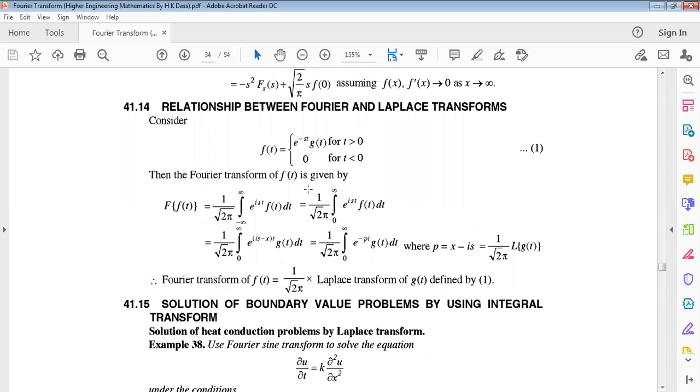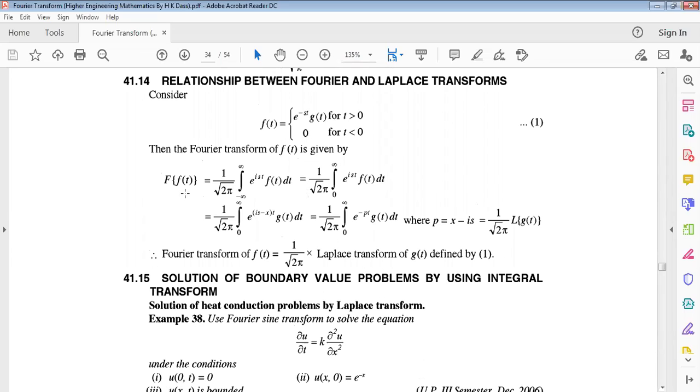Now there is a relationship between the Fourier transform and the Laplace transform. This is very important for you. Relation between Fourier transform and Laplace transform. Now consider f(t) = e to the power minus xt for t greater than 0. If t less than 0, then 0. Considering this function,